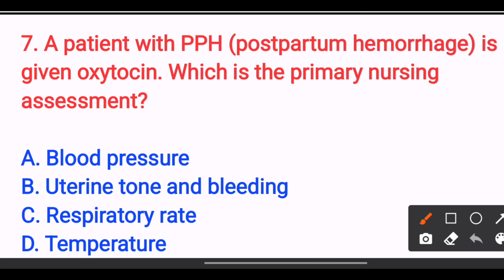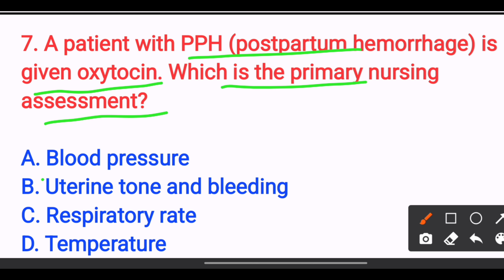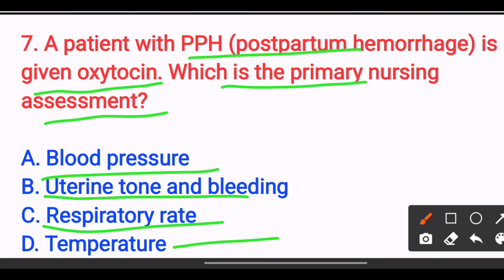A patient with PPH, postpartum hemorrhage, is given oxytocin. Which is the primary nursing assessment? Option A, blood pressure. Option B, uterine tone and bleeding. Option C, respiratory rate. Option D, temperature. The answer is option B, uterine tone and bleeding, because